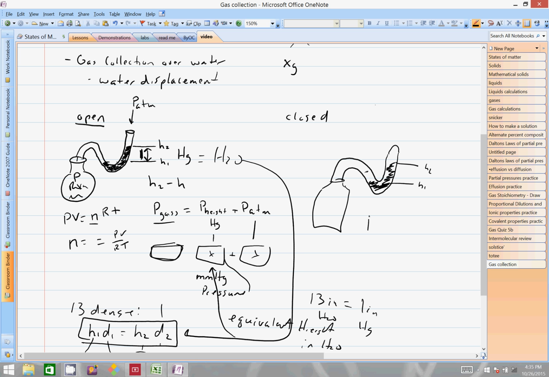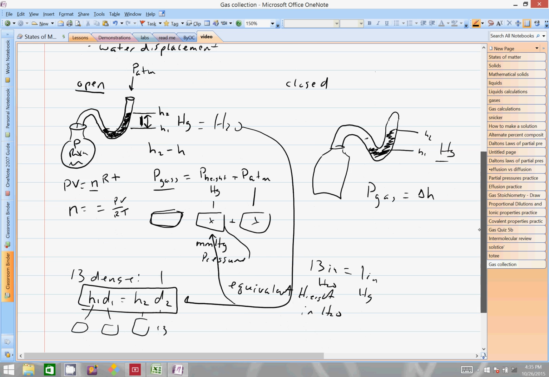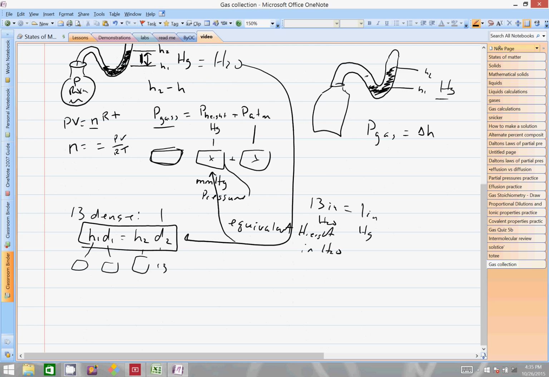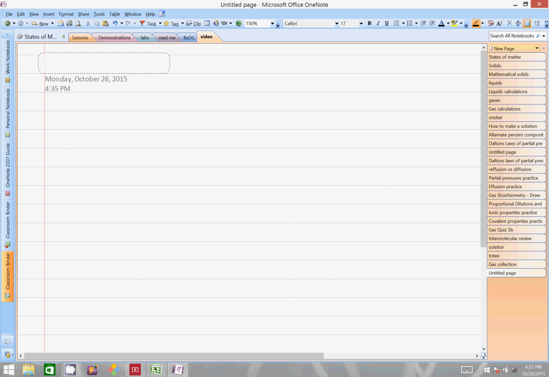In this case, the pressure of the gas is equal to the change in the height. Again, the height could be in millimeters of mercury, which is usually what it'll give you on paper, because then you can use the units easily. All right. Now, in a more common example, lab-wise, gas collection over water